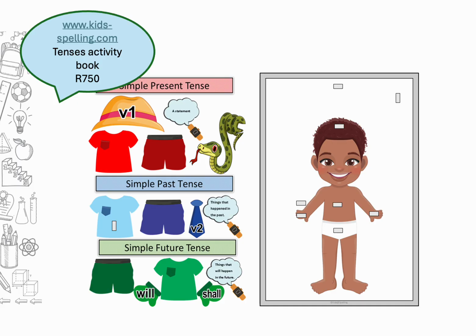Children need to build their understanding concretely, step by step, instead of simply rewriting sentences from one tense to another. They can physically work through the process, first putting the clothes on the boy, then moving him to the correct destination, and finally applying the rules of that particular tense at the specific time.